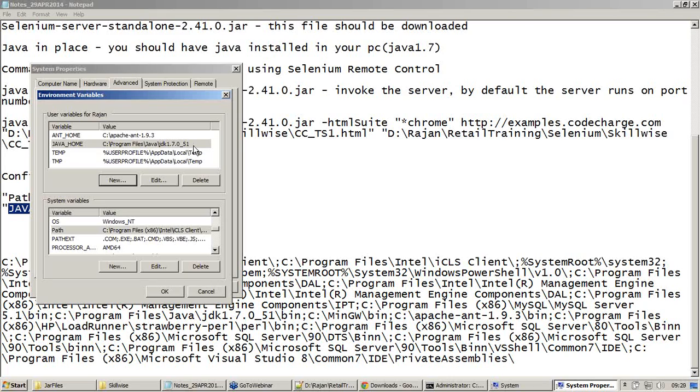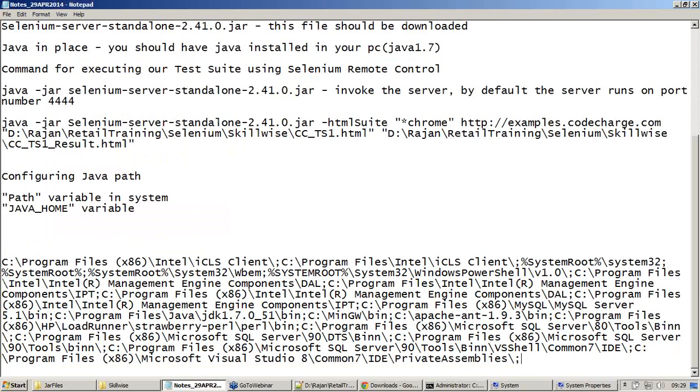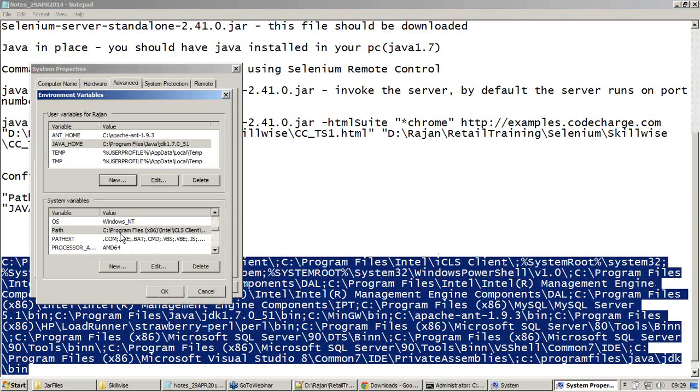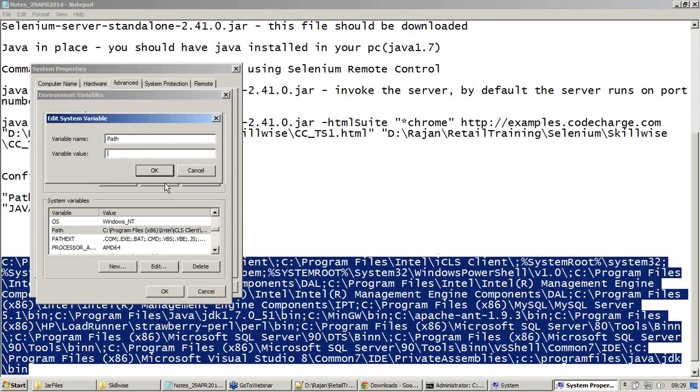For path, I will advise you to copy everything to a notepad and append the value which you are going to type, like what I'm doing now: C colon slash program files slash Java slash JDK slash bin. Copy everything, go to system settings, delete the previous value and paste everything, because we know that we did not miss anything when we copied it from notepad.